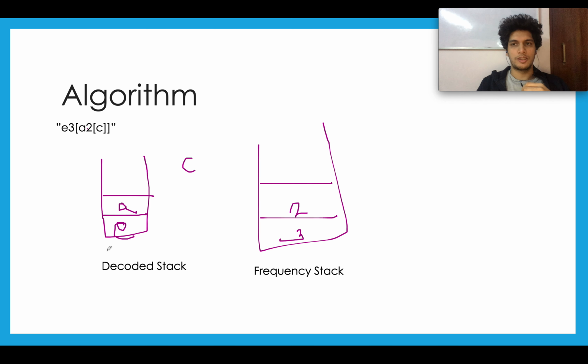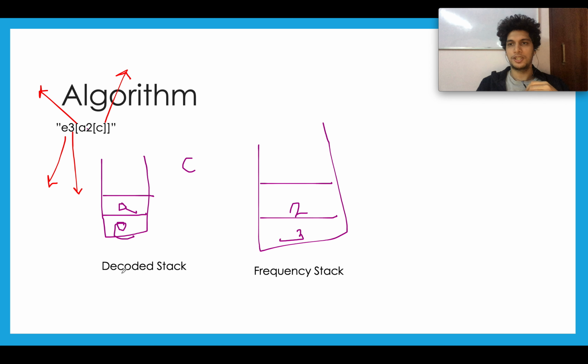So there are four things that you need to take care of. One is a character, a letter, and a digit, where you need to generate the value of k. You need to handle the case when you see an opening square bracket, and you need to handle the case when you see a closing square bracket. So these are the four cases: when you see a letter, when you see a digit, when you see an opening square bracket, and when you see a closing square bracket. If you are able to write this logic correctly, your solution is there.